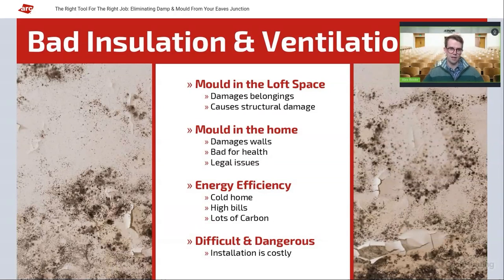And as I said, we're not going to get into the details of why thermal bridging can get worse when we insulate a home. But that is a fact that it can do. We've seen a lot of issues where we've upgraded the building, spent thousands and thousands on it, but then we have that thermal bridging issue, still have problems with energy efficiency. And at the end of the day, again, that's protecting people, we don't want people to have cold homes. So if we can reduce that thermal bridging, reduce that heat escaping, we reduce the bills, we make them warmer, and we can reduce that carbon